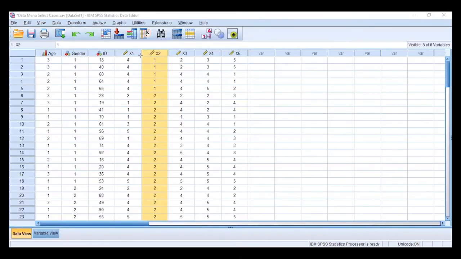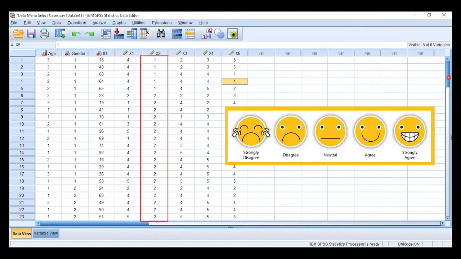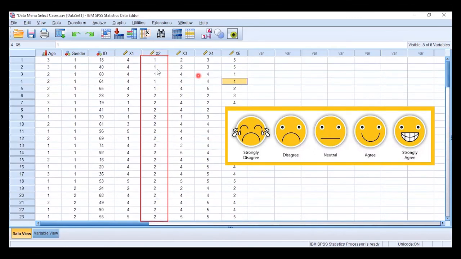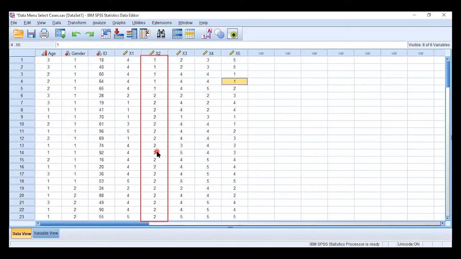Now see in this column, 1 1 1 1 2 2 2 2, and because it's a 5-point Likert scale, you will find the 5 at the end. So this shows that X2 has been sorted in ascending order.